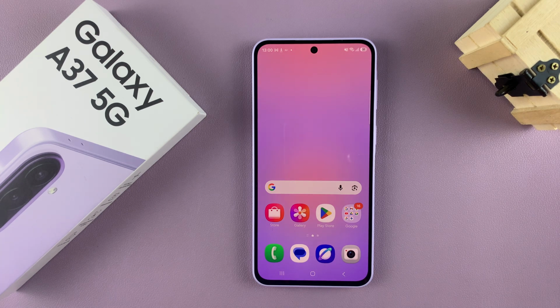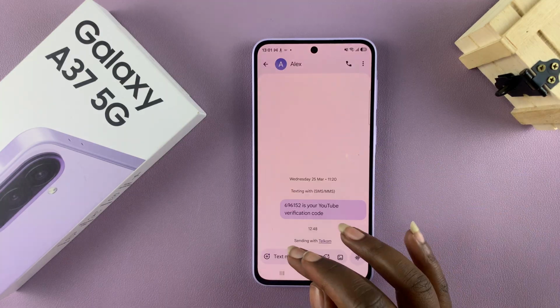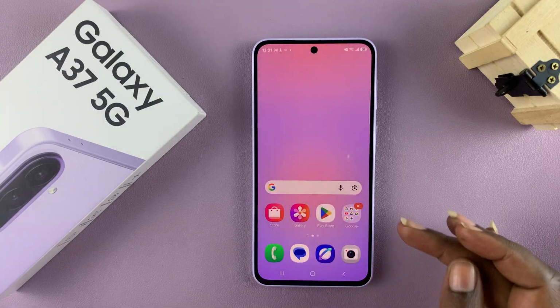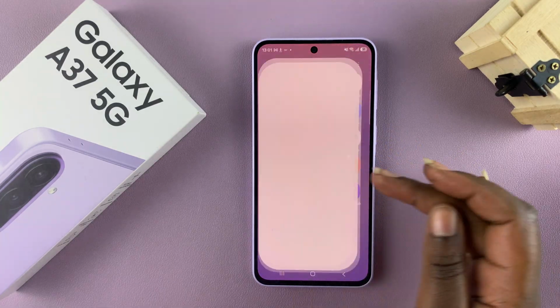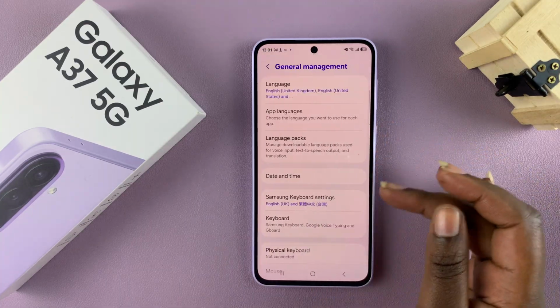In this video, I am going to show you how you can use the speech-to-text input on your Samsung Galaxy A37. So as you can see, when I try to text somebody, there is no option to use the voice input. To activate this, I am going to go into the settings application, scroll down and select General Management, then